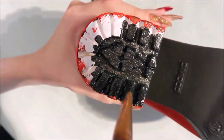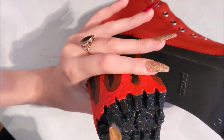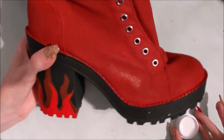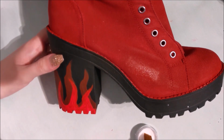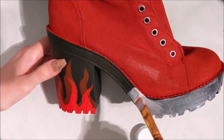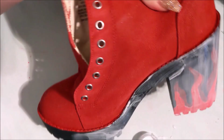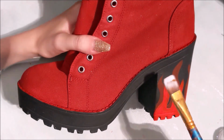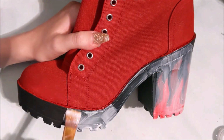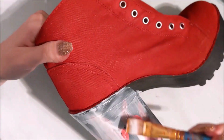So the next step I'm going to paint here is a little bit of Mod Podge. Yes, I've got some matte Mod Podge here, and I am just covering the whole shoe in this. After I did this, I realised it was a bad idea, but I'm doing it on the other shoe as well. Just because I didn't add any glitter to my shoe, and I was umming and ahhing about where and how I should put the glitter on,